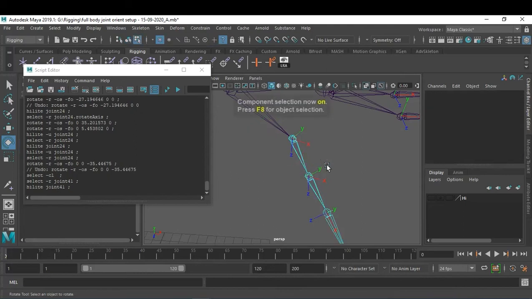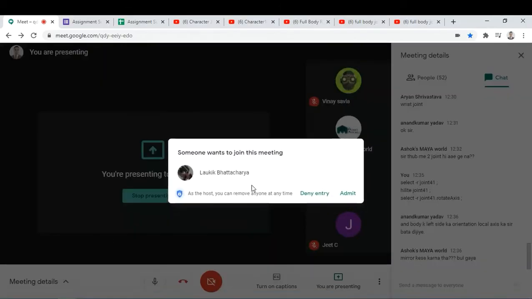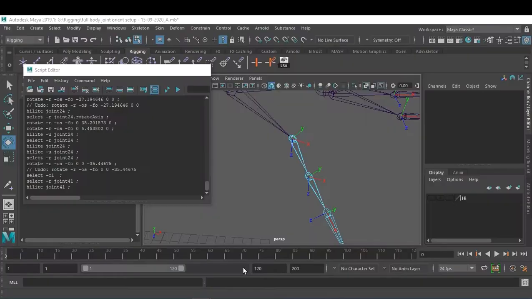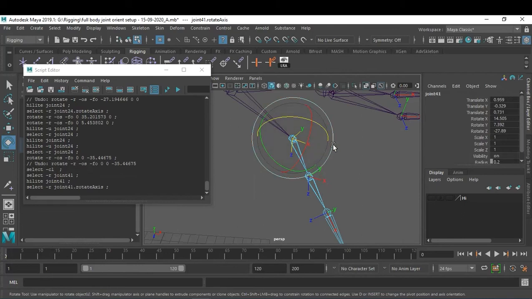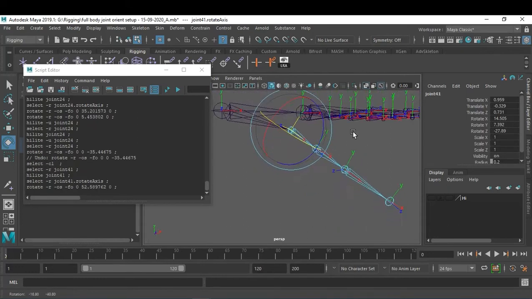Press F8 once again, select your miscellaneous component and activate that. Try to make the x-axis inside this particular joint.